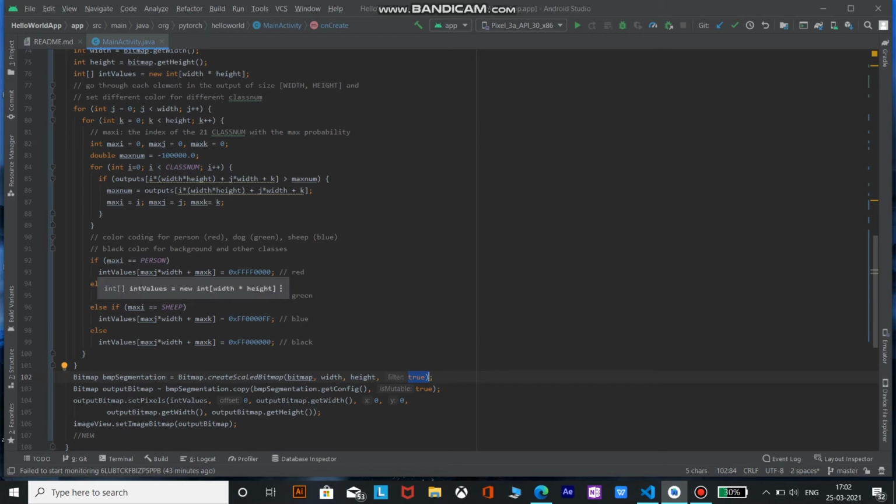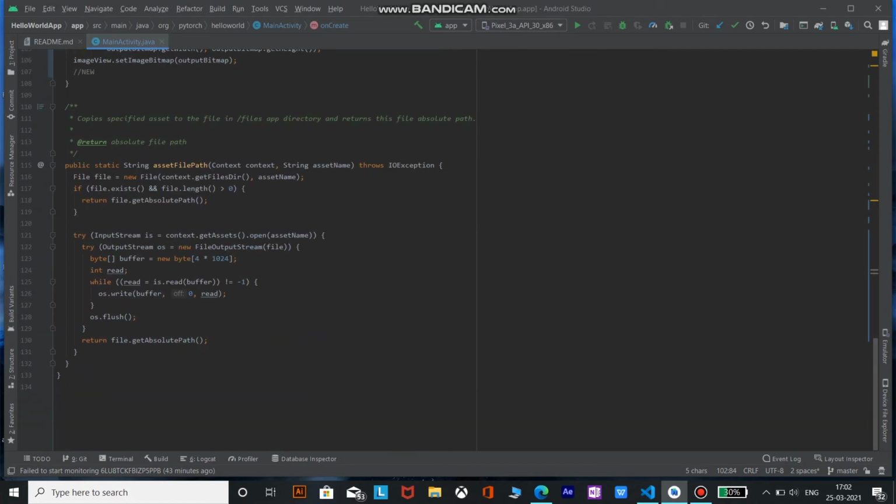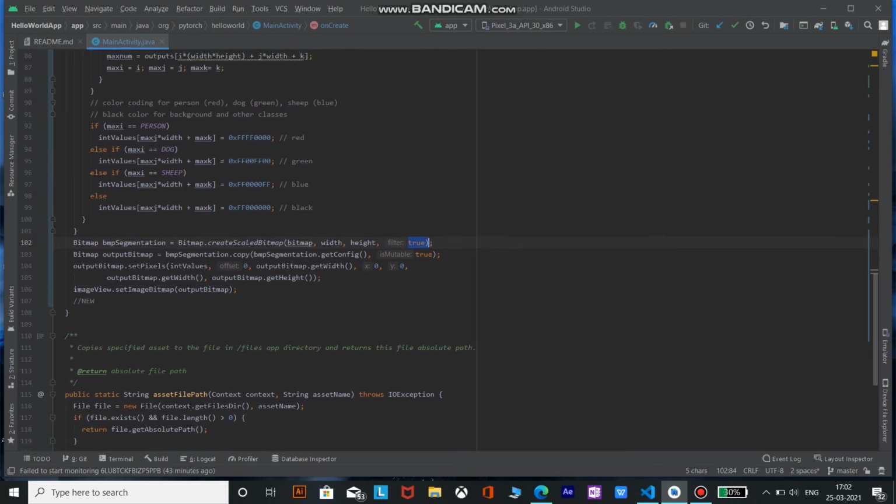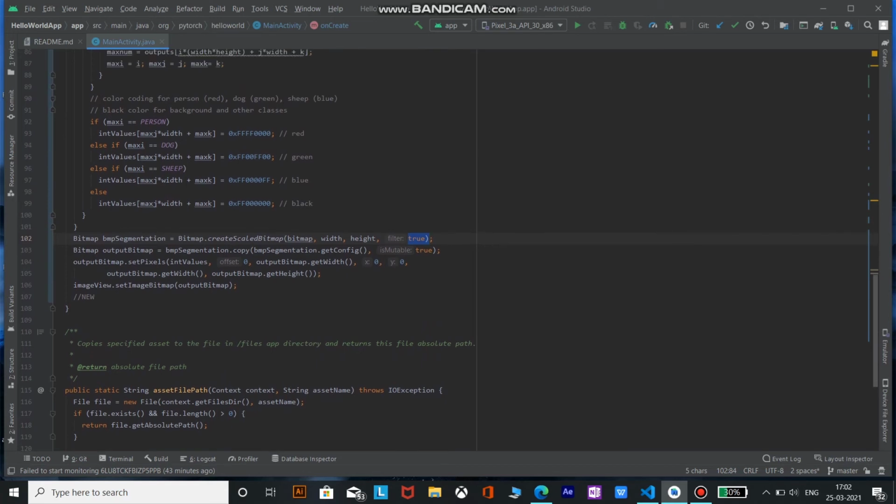As you can see, we use the int values to set the color value of the pixel, and with the int values array, we can set the pixels to their respective classes, and we can differentiate their respective classes by different colors, that are red, green, blue and black. At last, what we need to do is set the image view with the output bitmap, and that will be all.